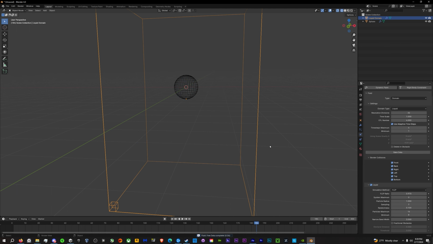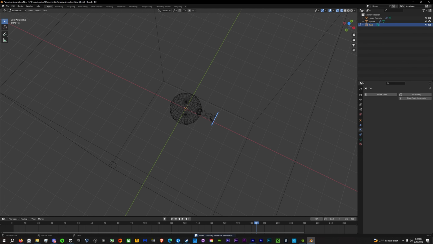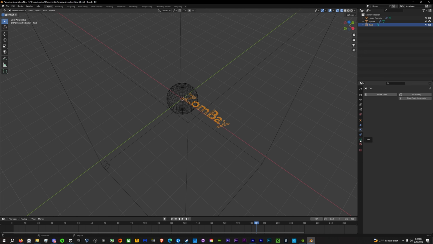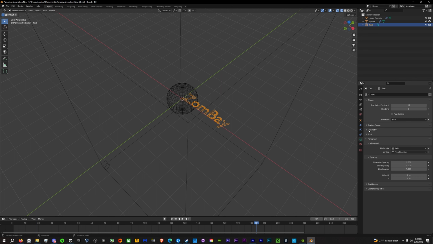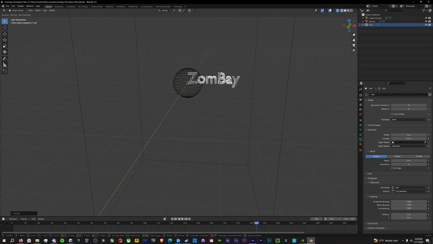Now we're going to add the text, so let's go to Add and go to Text, and since I haven't saved this I'm going to go ahead and save it. I'm going to press Tab on the text and change it to Zombie for the game I'm making, and then I'm going to press Tab when I'm finished, and then we're going to go down to the text data, and we're going to go to geometry and we're going to extrude it by 0.2, and then I'm going to rotate it by pressing R and X and then typing in 90,